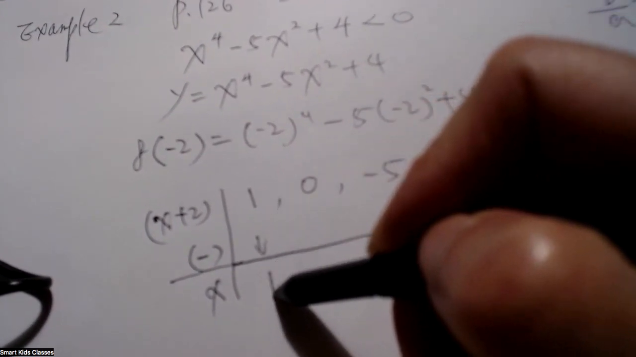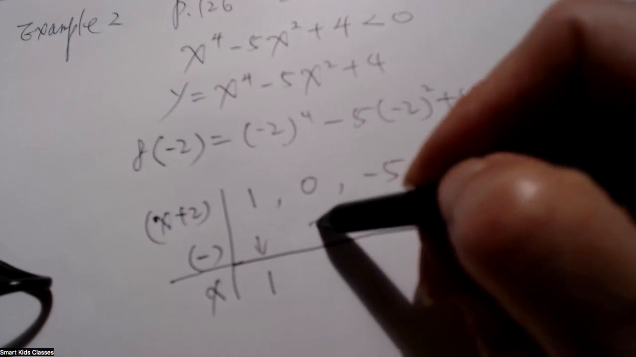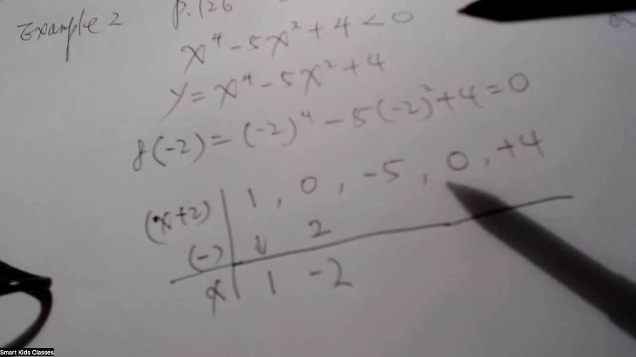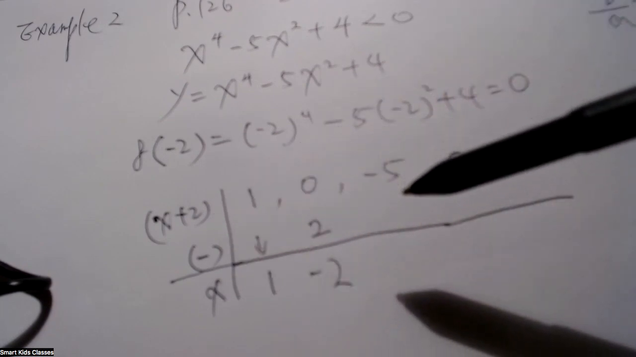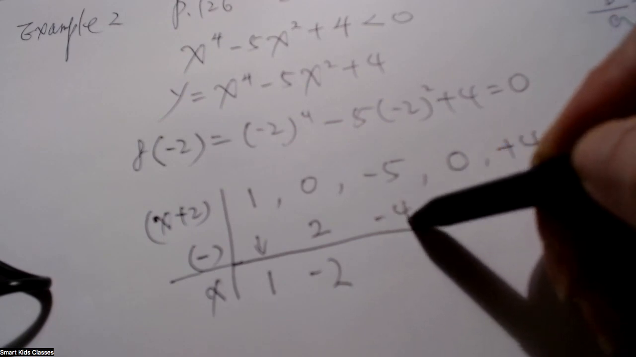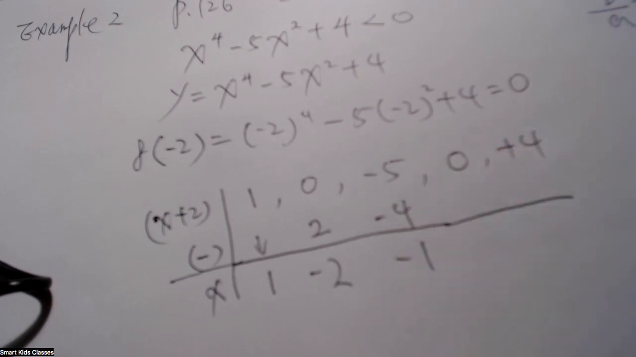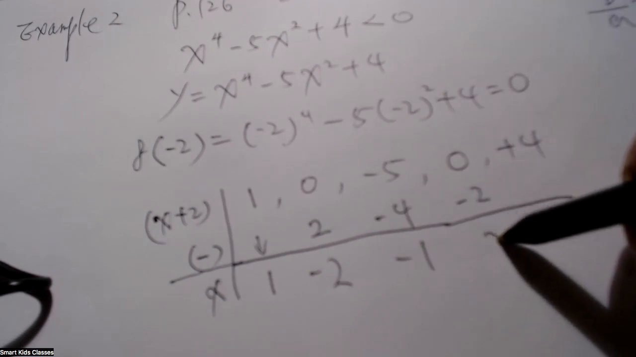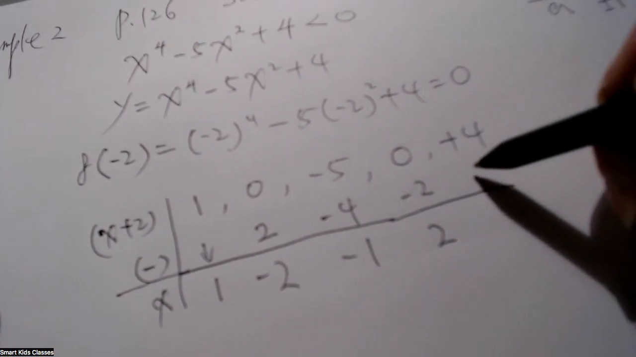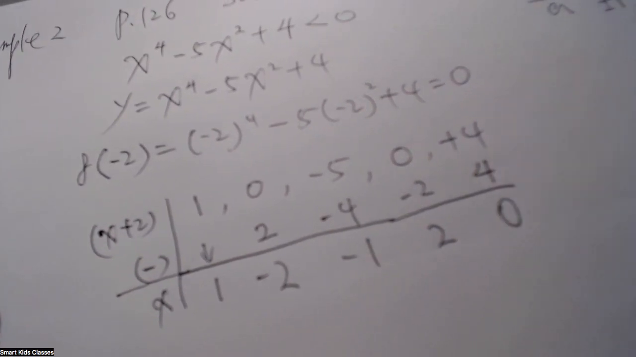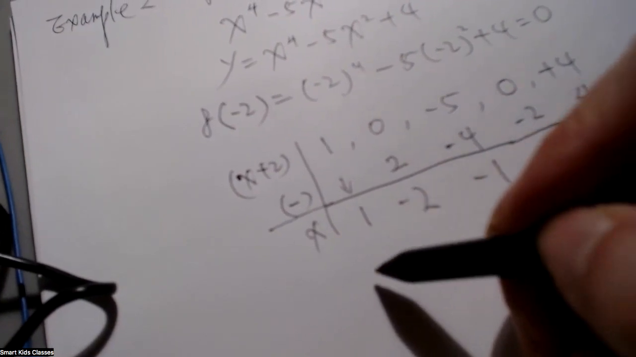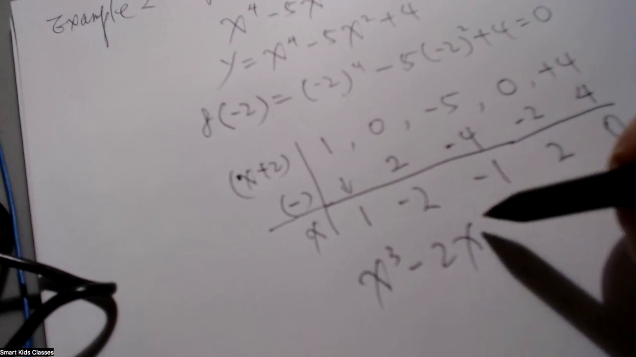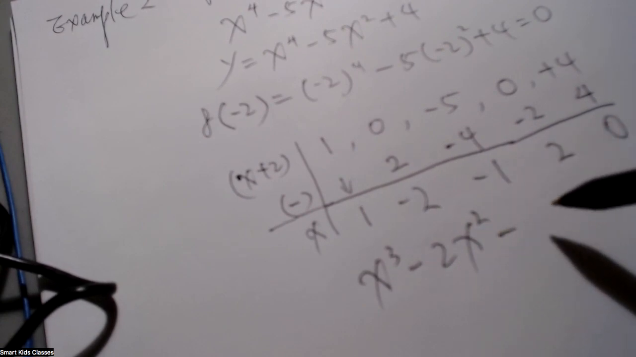So it's a 1. So 2 times 1 is a 2. And then minus 2. And 2 times 2 is a negative 4. It will be negative 1. And 2 times negative 1, we get negative 2. We get positive 2. 2 times 2 is equal to 4. We got 0. Now we're going to write it as x exponent 3 minus 2x exponent 2 minus